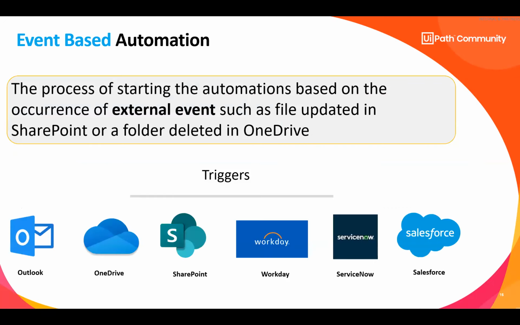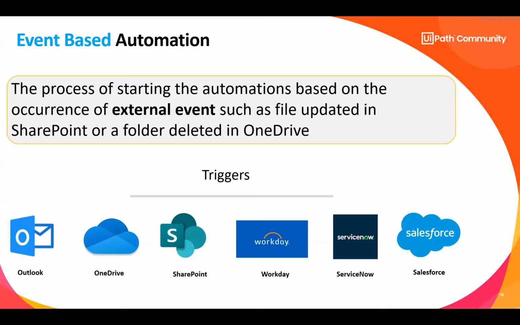Now let's quickly move on to the next slide. So now we will see the event-based automation, which uses the event-based trigger, right? We have already seen the different types of triggers. Now what does it actually do? These automations run when an external event happens in an online application, like when a